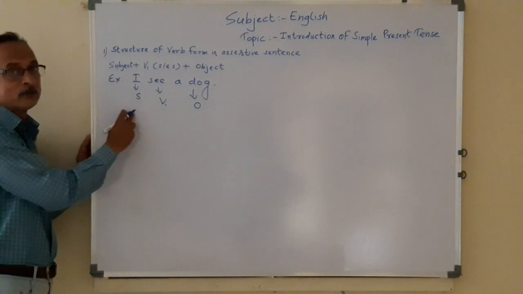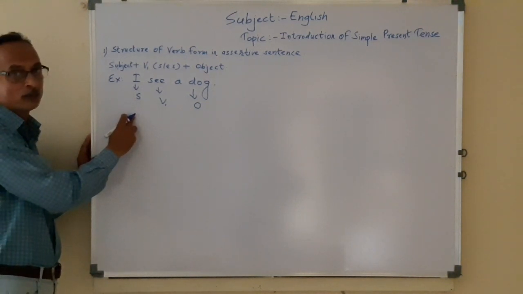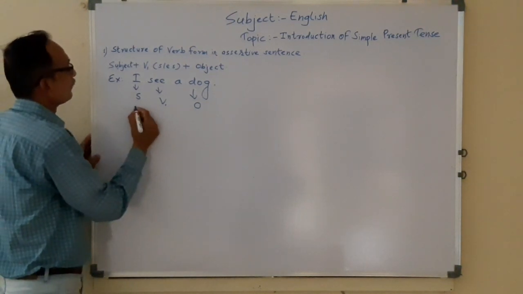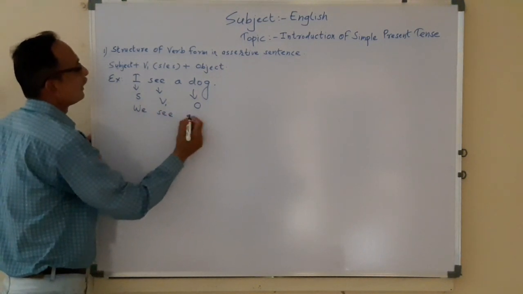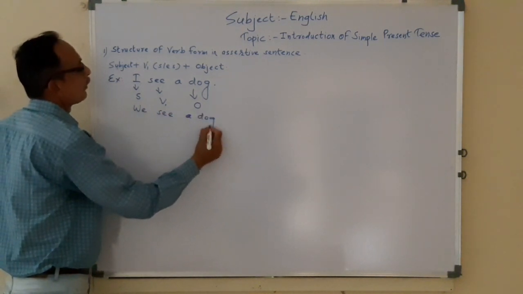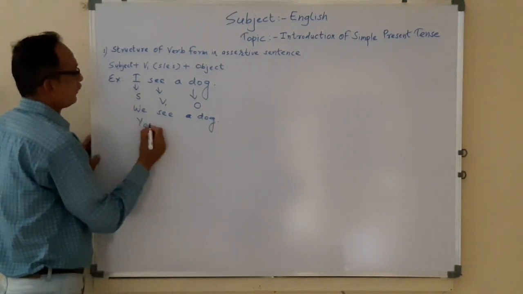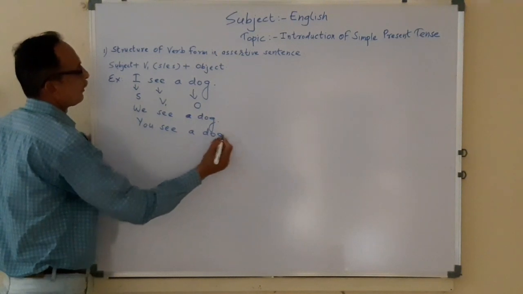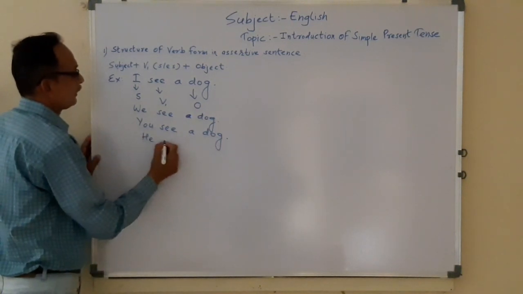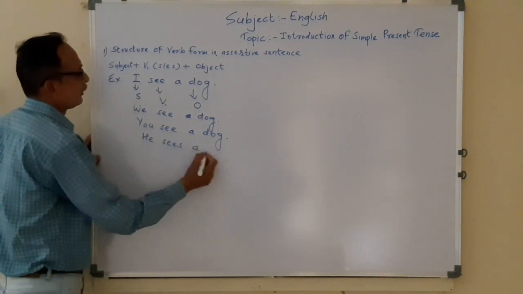We can use different subjects with this verb, just like: we see a dog, you see a dog, he sees a dog,